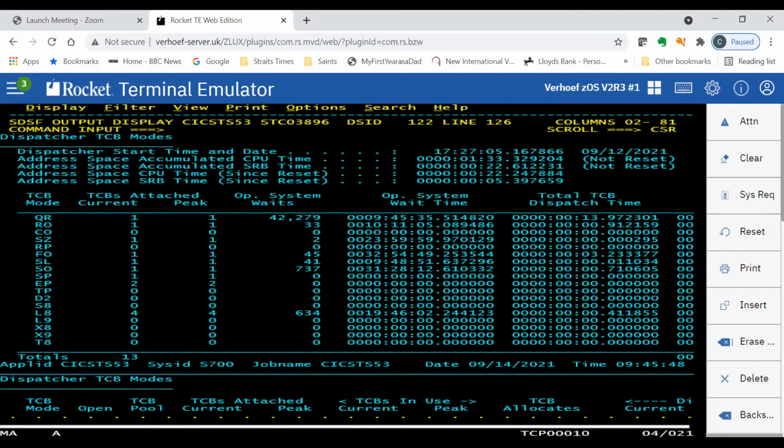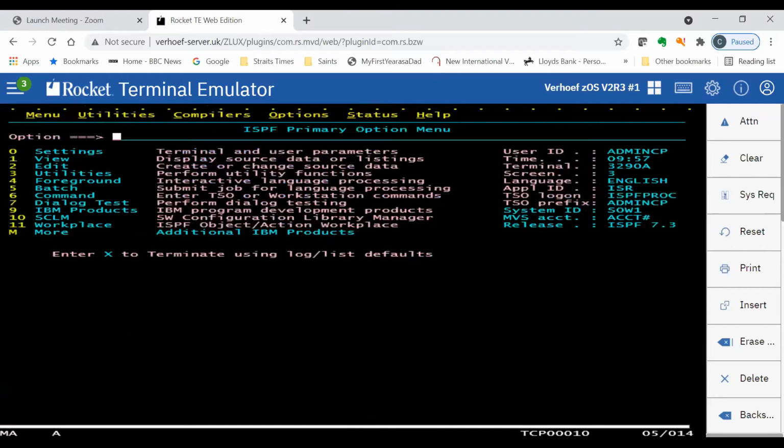Of course, that's not what's going to happen, because a TCB runs on the CP and there's only so many CPs in the LPAR. If you do a D SPACE M=CPU, let me do that for you so you can see this.